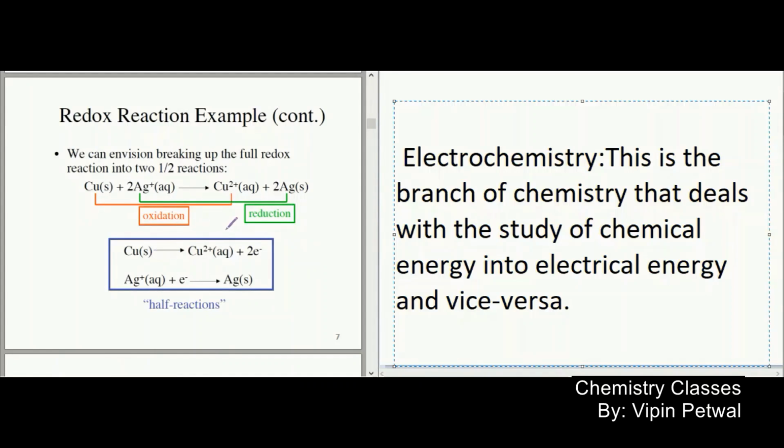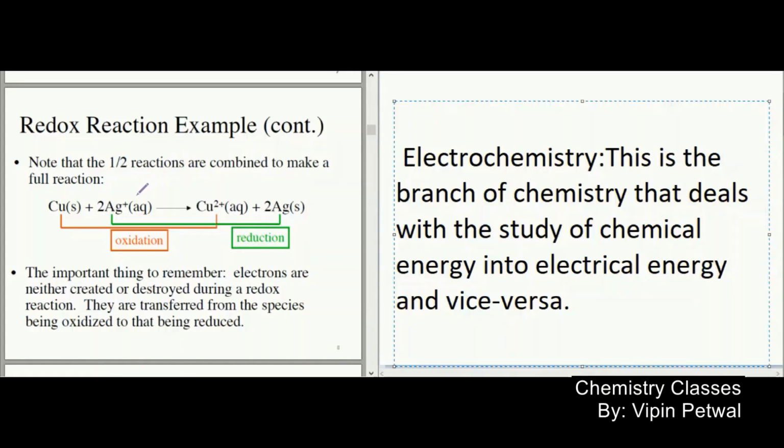You can see here that this reaction is the oxidation reaction, whereas at the same time this one is the reduction reaction. Why is this reduction? Because it is taking electrons. Taking or accepting the electron is called reduction, and removing the electron is called oxidation, simply. And we have already discussed all this in the previous class.